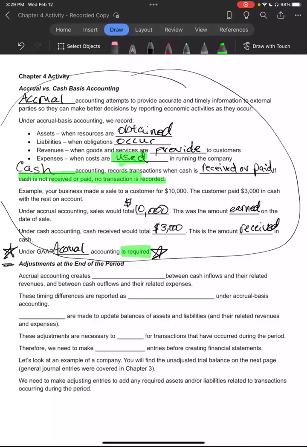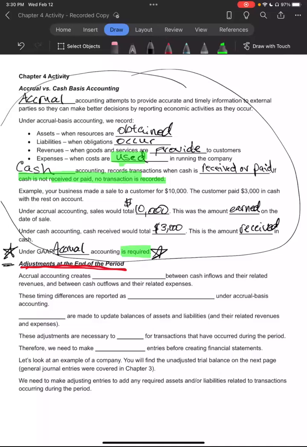So what we're talking about in chapter 4 is this right here, these adjustments at the end of the period. That's really important for us. And the reason we make these adjustments is because we need to show that our account balances are correct before we put them on our financial statements and send those financial statements out to those third parties that are interested in